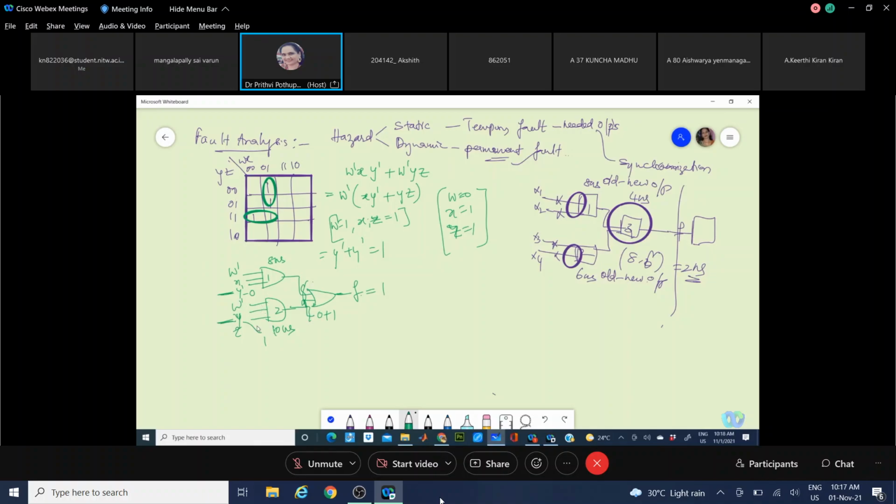Say if y goes from 0 to 1, y dash goes from 1 to 0, the alternate thing. And here, let us make this faster and this slow. Let me interchange.